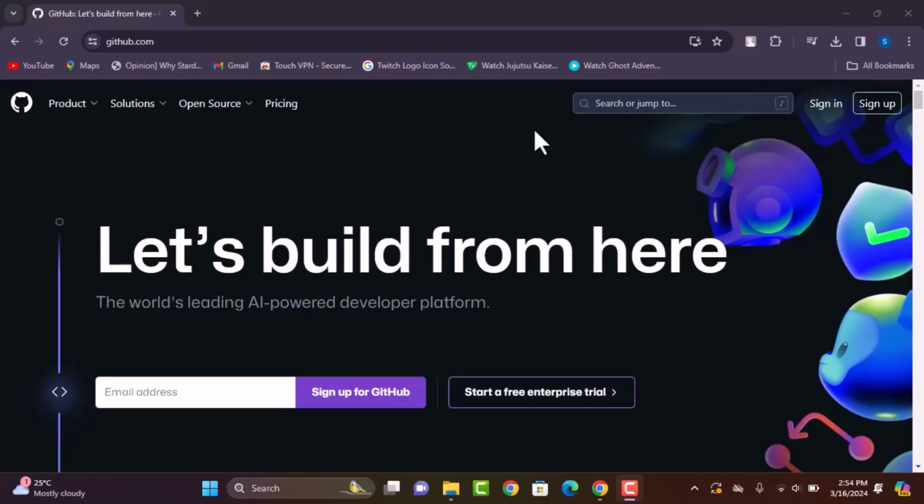Let's get into it. For that, first of all, go ahead, access your browser and type in github.com to get into the official website. Now right over here, this kind of interface is gonna pop up with the option of simply signing in and sign up on the right side of the screen. Now go ahead, tap on the sign up option